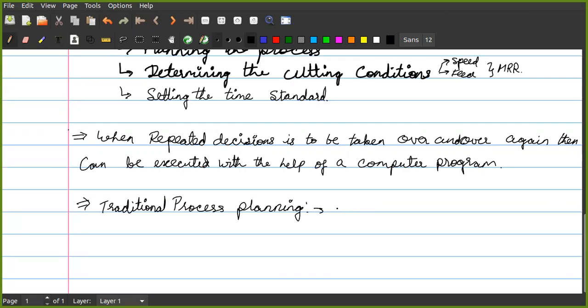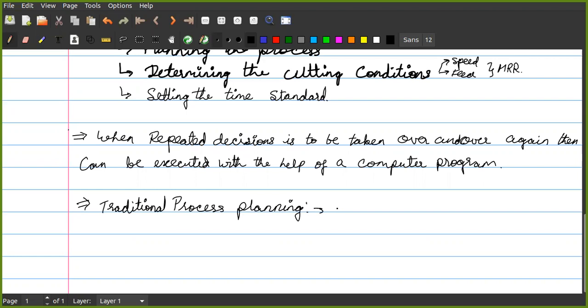So we have the manufacturing engineer who is responsible for identifying the sequence of operations based on the drawing provided by the design engineer.